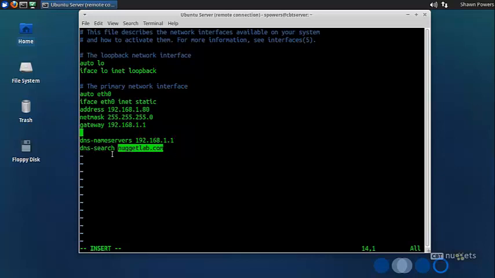You don't have to have this in your /etc/network/interfaces file. It'll work fine without it, but that's what this does. It allows you to have a search domain so that if you just enter a single host name, it'll search in this domain for it. And then again, the name servers, you can put one or more name servers on this list. Even if you have one, though, you do have to say nameservers. That's important to realize, that you do have to have dns-nameservers. And that's all it is. You save the file,